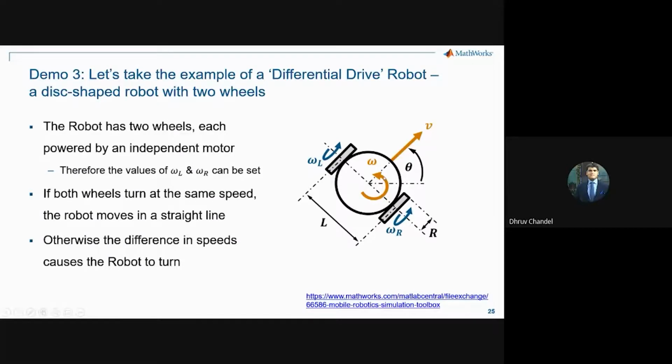The idea is that if you know how fast you have to move or in what direction you have to go, you can work out backwards from that how fast each of these wheels should be turning. If you know the speed of both of these wheels and you figure out the velocity and position from that, that is called forward kinematics. And if you do the reverse operation, if you calculate from the target what your speed should be, that is known as inverse kinematics. Both of these can be done very easily for a simple system like this one.